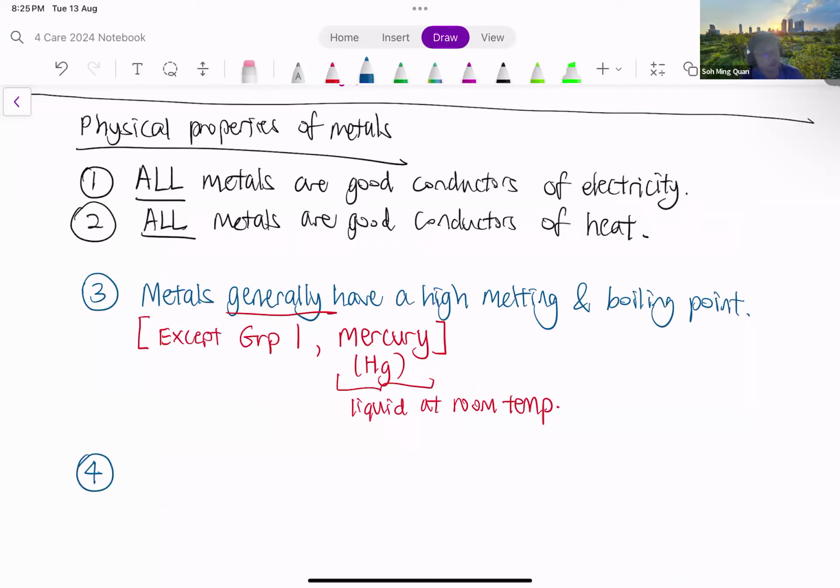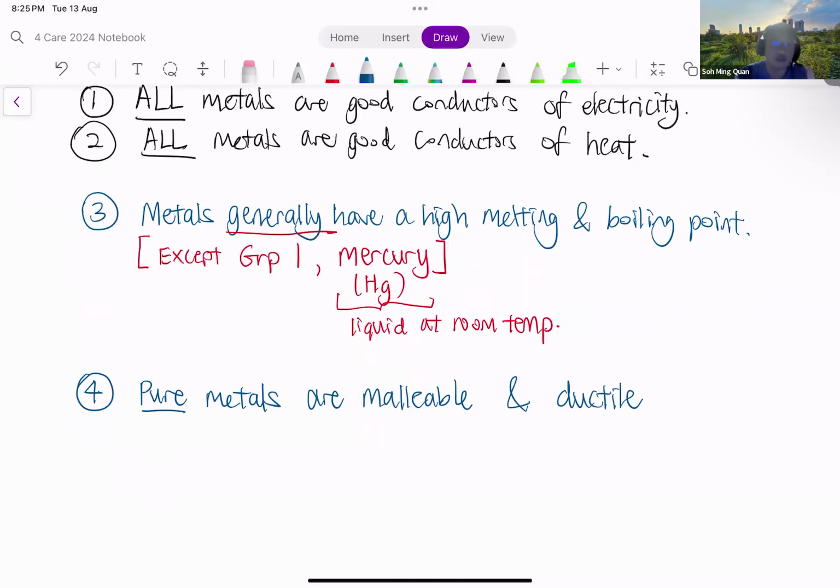The next physical property is again specific to pure metals. Pure metals are malleable and ductile. And this is where you absolutely need to actually understand what is the meaning of these 2 words. They are similar, but not exactly the same. Malleable starts with M, right? So the idea is it can be molded into different shapes